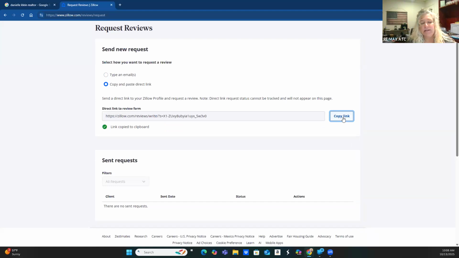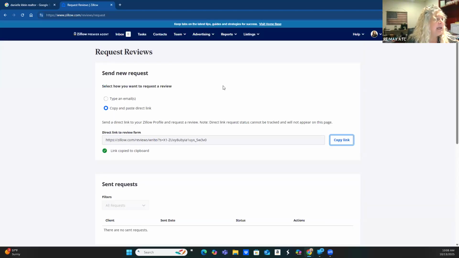So if you are more of a texting person, I would send it via text. If you communicate with them more on email, then send it on email or send it on both. I usually add, would you please take a moment and review me on my Zillow profile. PS, I'm only accepting 5-star reviews at this time, with a little smiley face. That's my personality, but you write what fits for you. Okay, so this is how you get to that. You copy your link, and then once they go in and